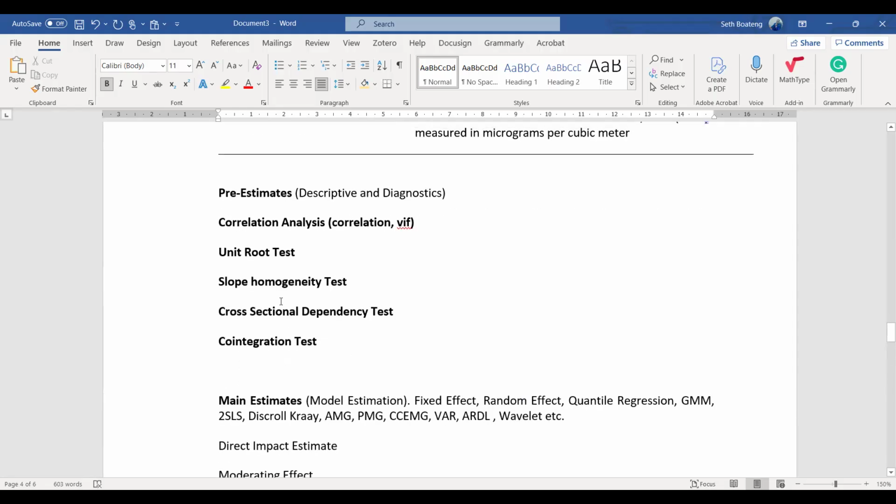You explain the co-integration. We have a lot of co-integration tests. For panel co-integration tests, like the Westerlund, we have Pedroni, we have Kao tests. The ones you will use, you explain them here. The cross-sectional dependence, you have the Breusch-Pagan test, a lot of tests. You explain them here. Unit roots, are you dealing with first generation or second generation? We have the CIPS, we have the IPS, we have the ADF, we have a lot of unit root tests. The one you are doing, you explain them here.